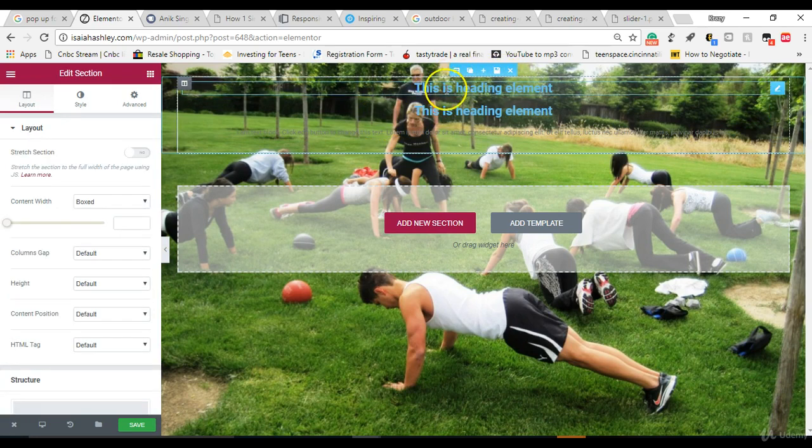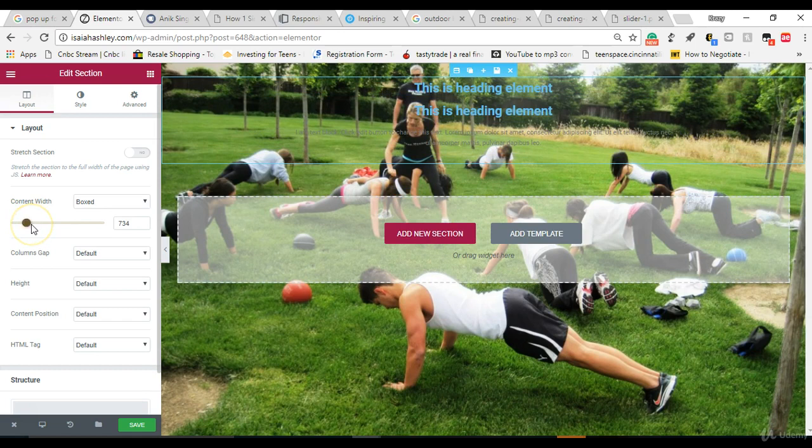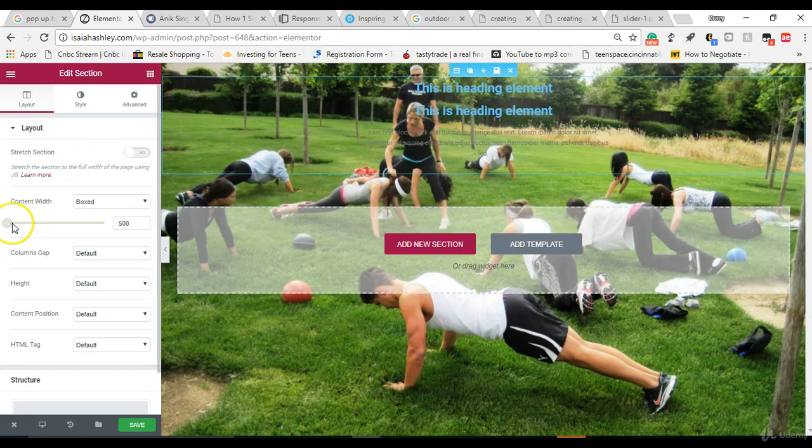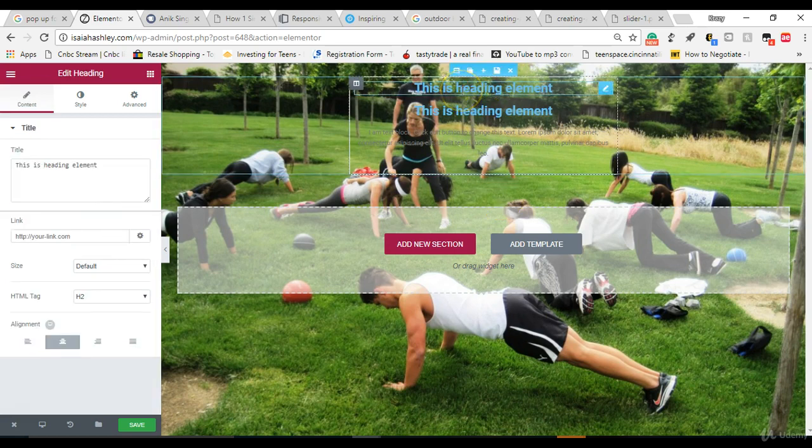I'm going to see if we can change the column width a little bit. Perfect. There we go. That's more centered now. Okay, so what we want to do now to get that background that we saw on the other one,